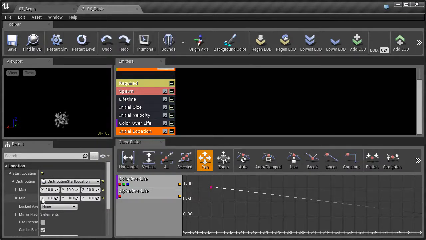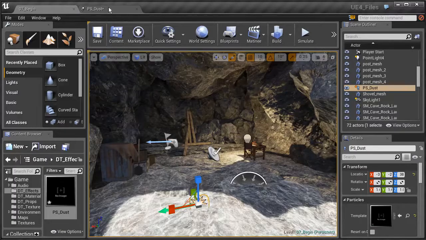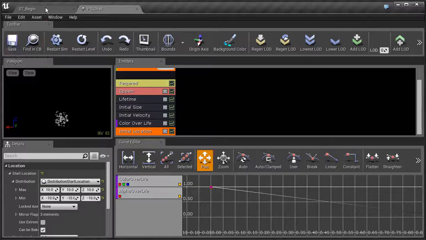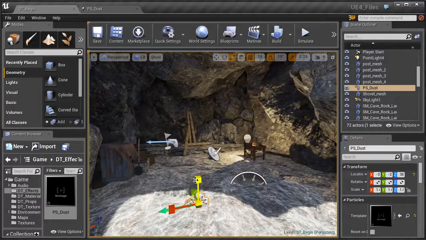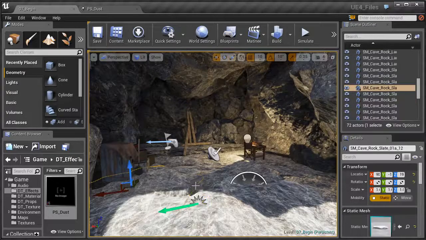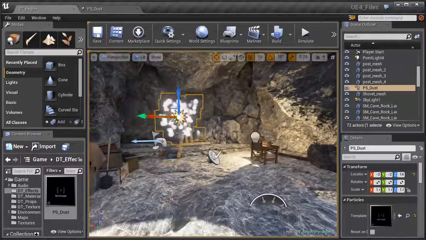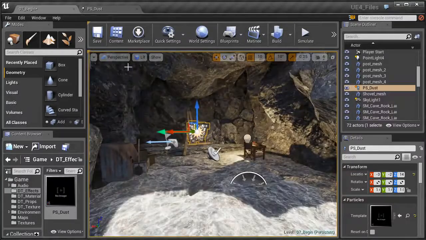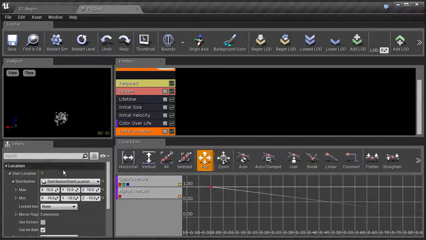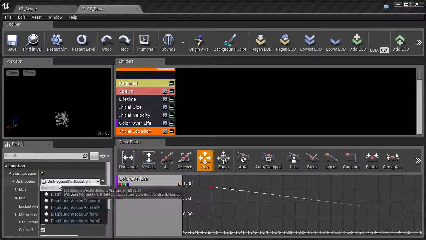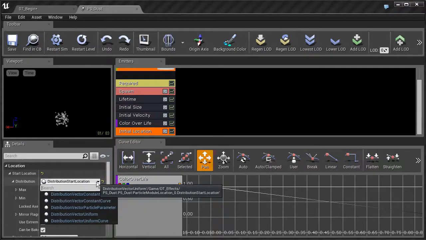Now, is this the best way of doing it? We could use it this way. If we come in and take a look at our particle system, let's say that I save this really quickly and then we go in. We can grab that particle system and move it up, just to take a look at what we're getting here. We're seeing that those are being spread out, and that seems okay. We could continue to adjust that. We could take a look at another distribution,